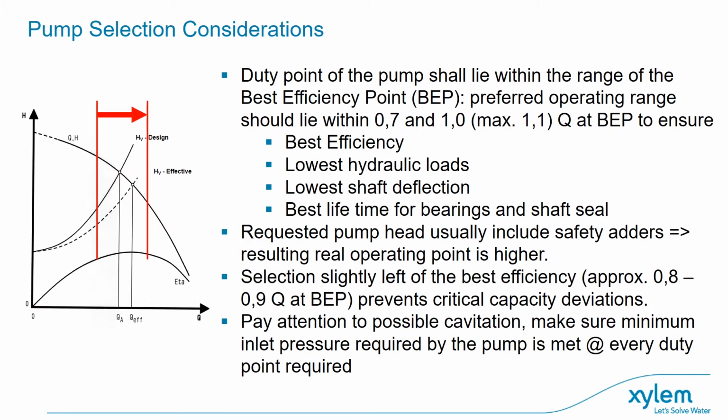So the duty point should lie within a range of the best efficiency point, and preferably that is within 0.7 and 1 cubic meter of the best efficiency point, to ensure that we have the lowest hydraulic loads, the lowest axial thrust on the pumps, and to ensure that we are operating the pump in the optimum position at all times. Make sure that the pump is not working too much towards the left-hand side of the performance curve,